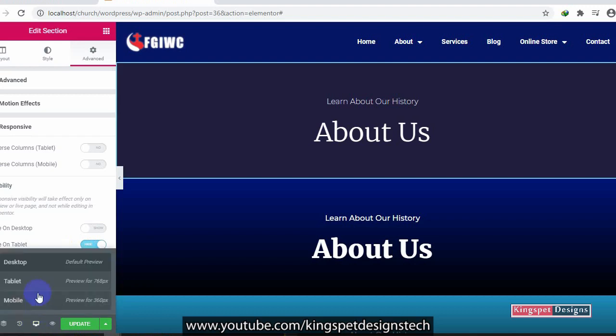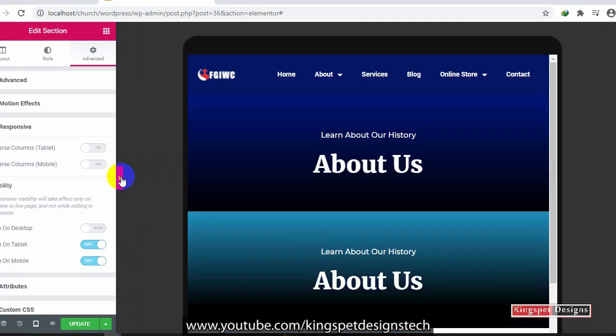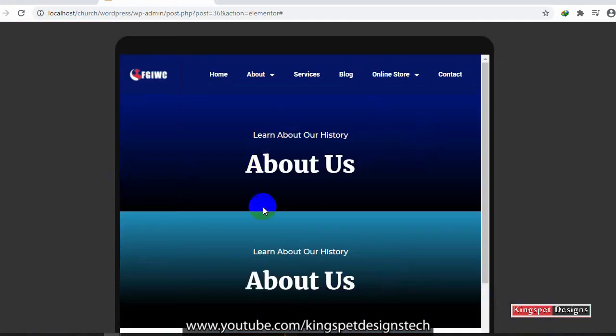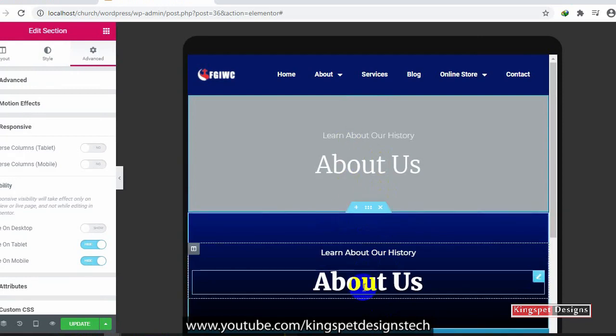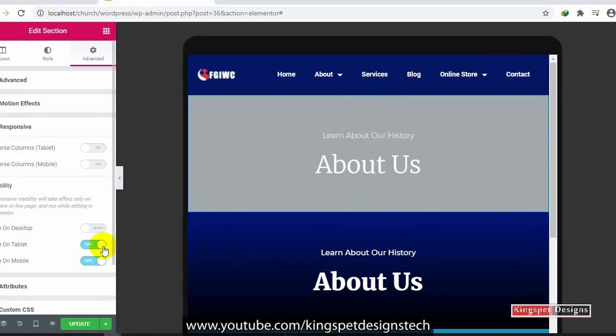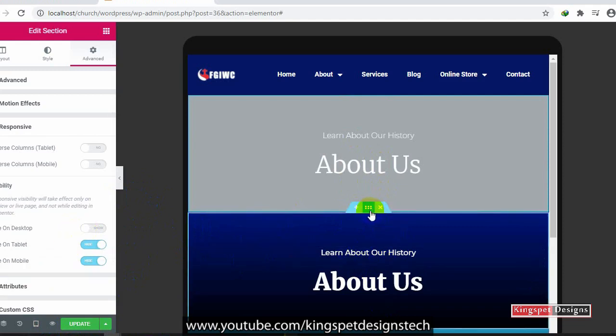If I switch over to tablet view, you can see it's highlighted, meaning it is hidden. So if I view mobile, you can see that it's no longer there on my mobile and tablet view. These other two are visible on the three devices. So now let's try and do something else. I can do it from anywhere. Let me say from this other one, I click on this and I want this